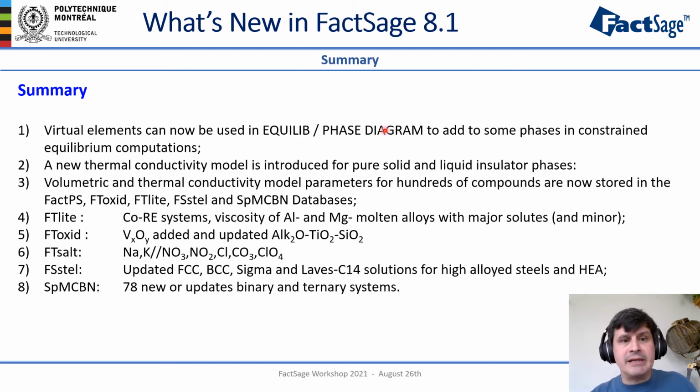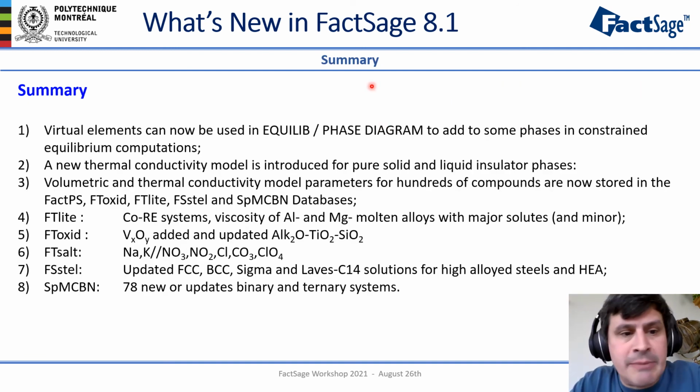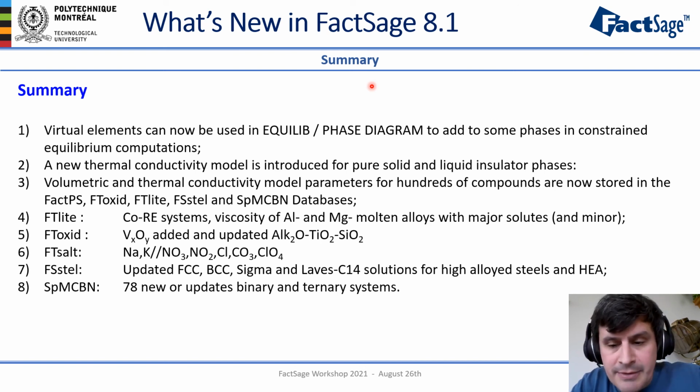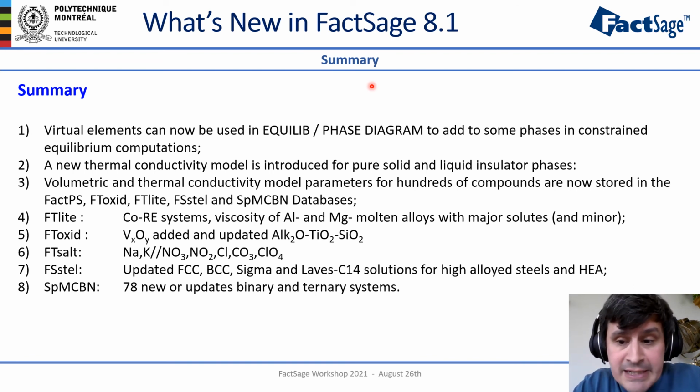So in summary, what's new in FactSage 8.1? Virtual elements for constrained equilibrium calculation. There's a lot to read in the documentation about this. It's an exciting new feature. A new thermal conductivity model has been developed for pure and solid and liquid insulator phases. This is important for computing the thermal conductivity of a given phase, but also phase assemblages. You will have to master the microstructure module